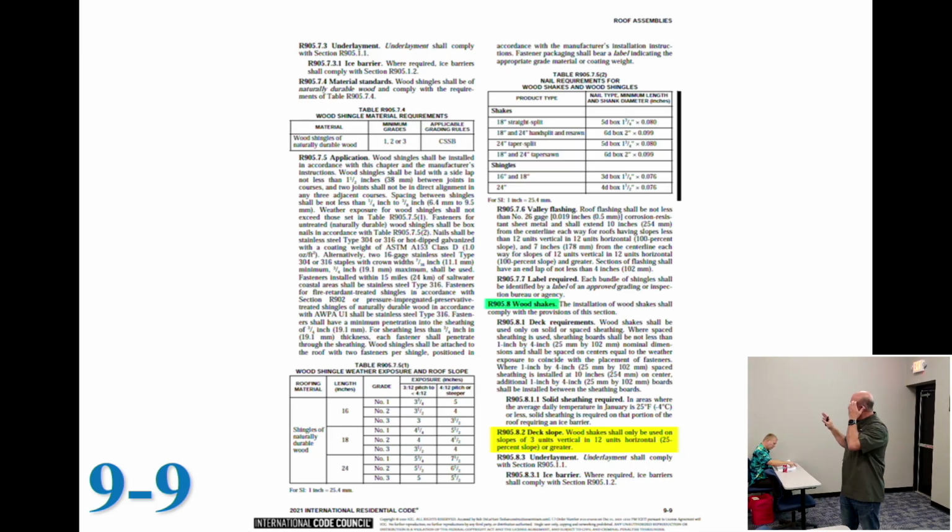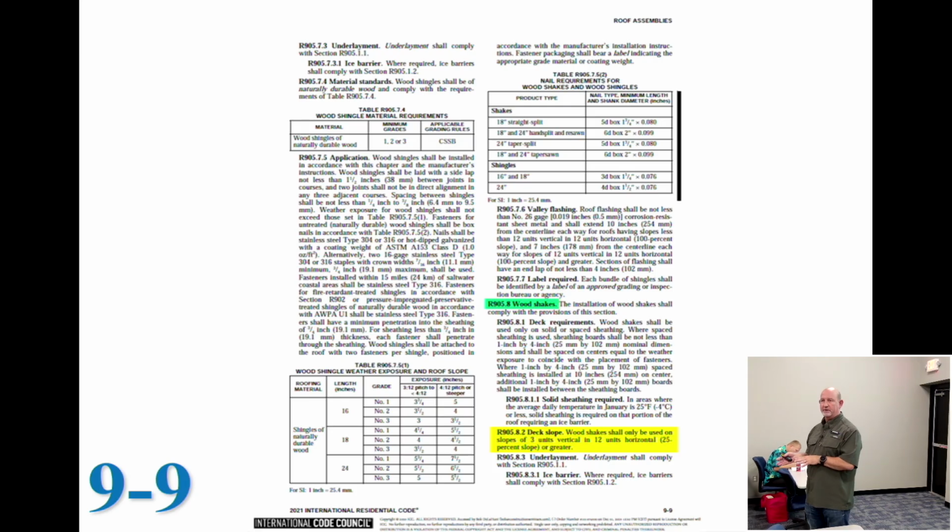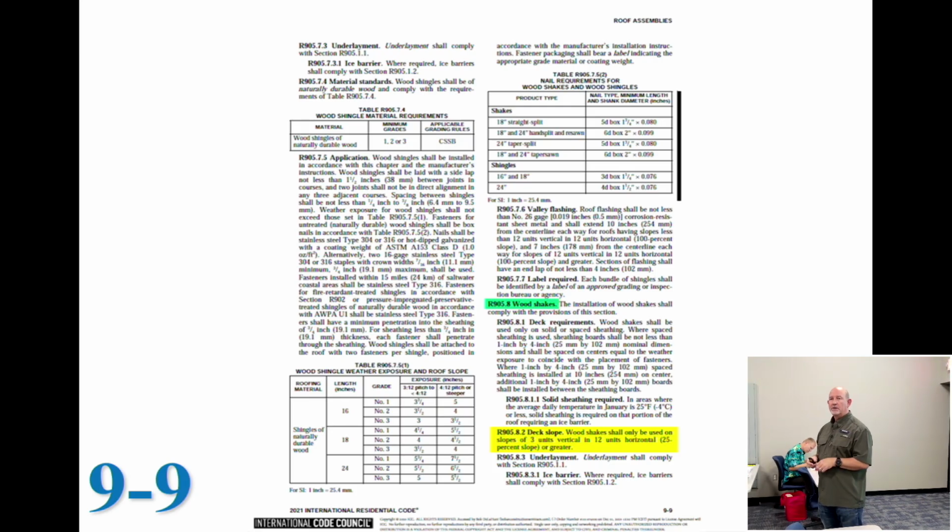Now in all fairness, if you thought, you know, Wade, I thought the slope would be in there, I'm okay with that. But what I'm trying to teach you is don't read stuff that's not relevant to what you're looking for. Right? So if I want to know how to overlap these wood shakes, do you agree it's going to be a 905.8 but not .1 or .2? .1 is going to be how to build the deck. .2 is going to be how much slope the deck has to have. Somewhere later they'll tell me how to install them or how to overlap them or whatever.